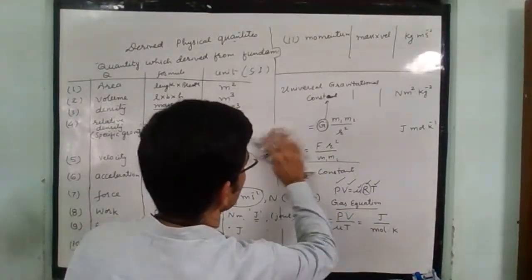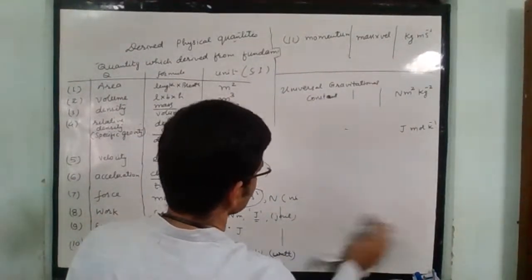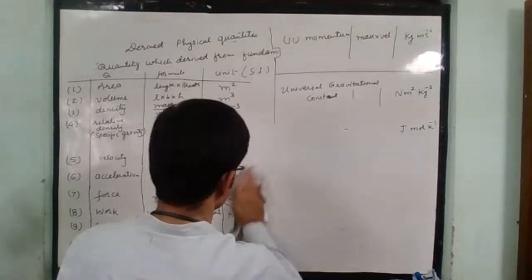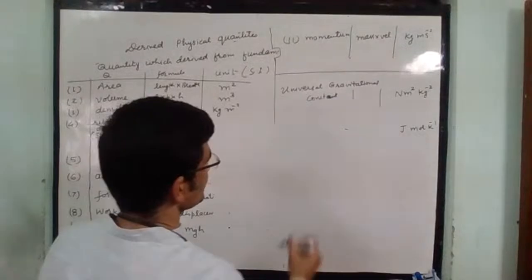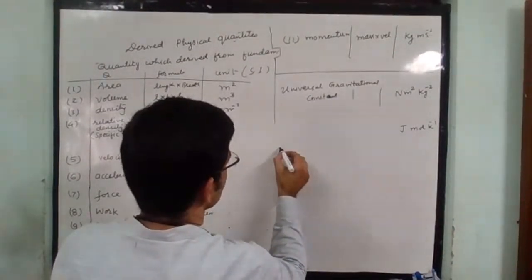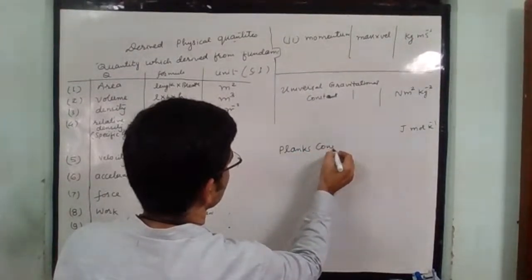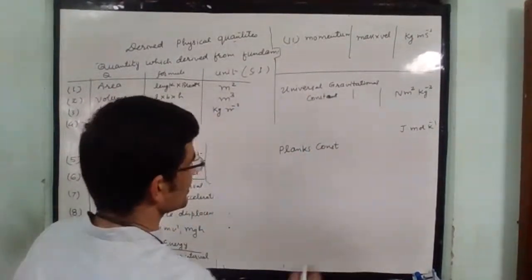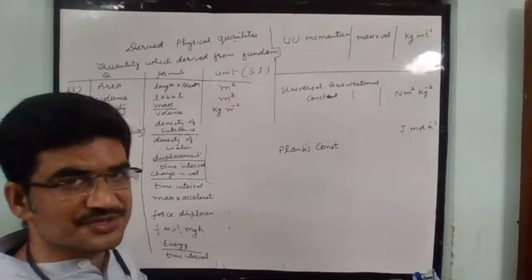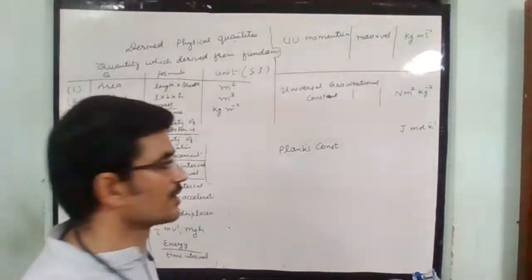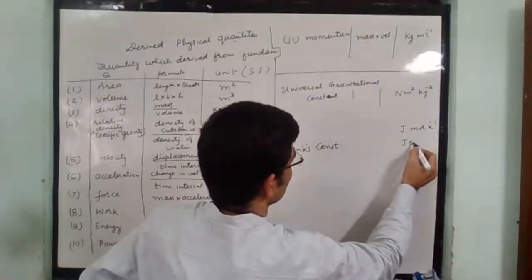That we will discuss later on. Now one more quantity I am telling you, and that is Planck's constant. I think you came across this name in chemistry, Planck's constant. Its unit I am telling you directly without taking the formula. Joule